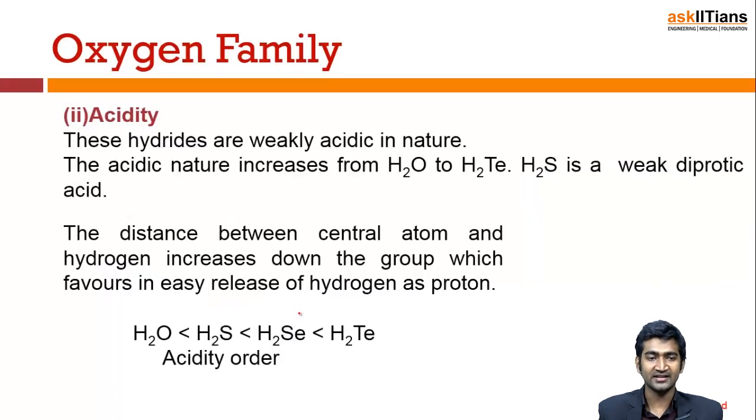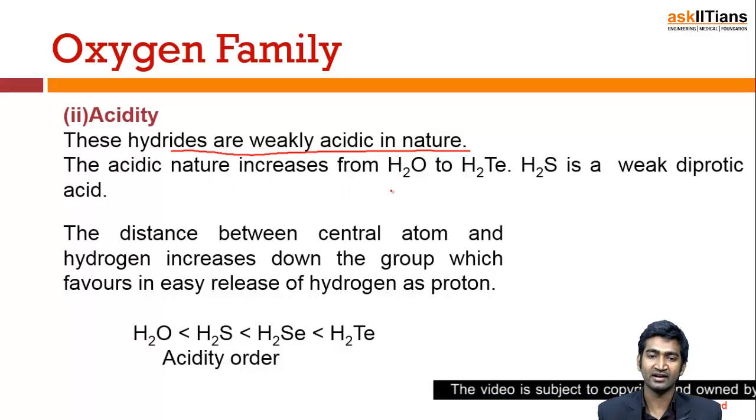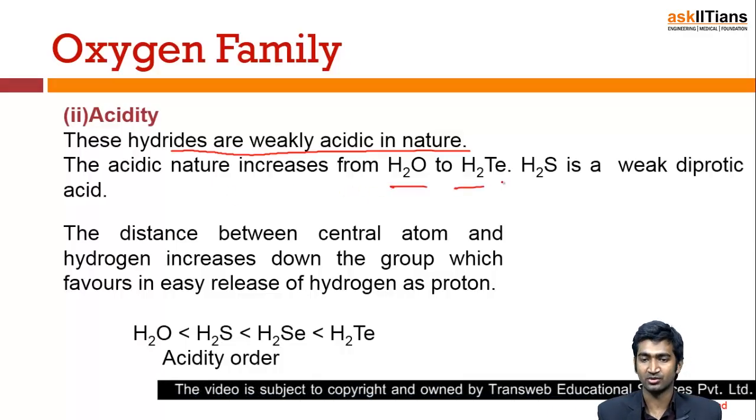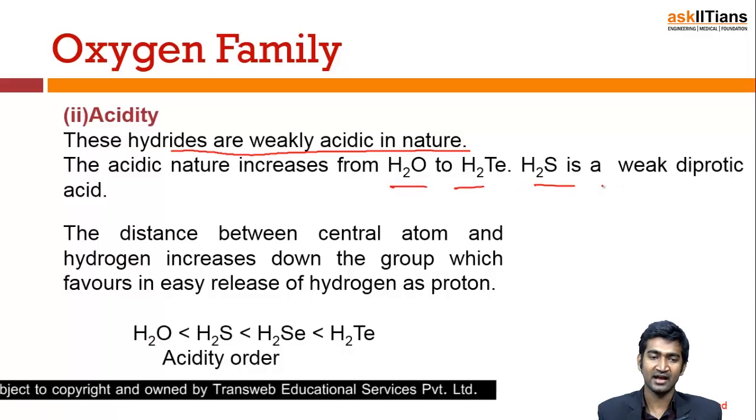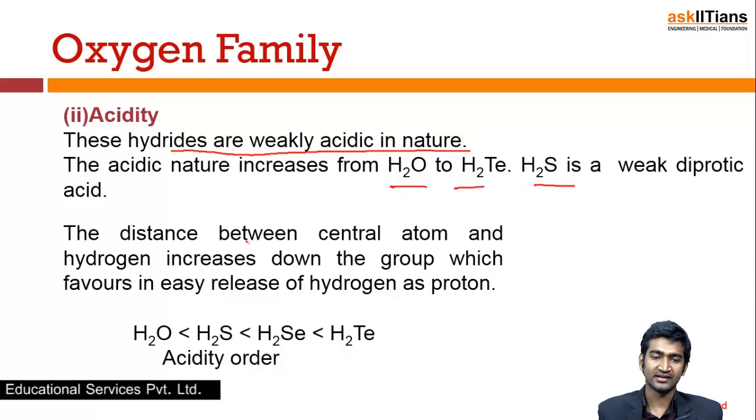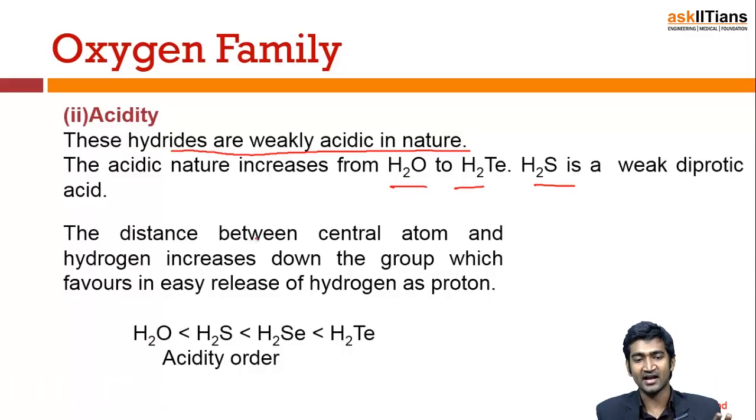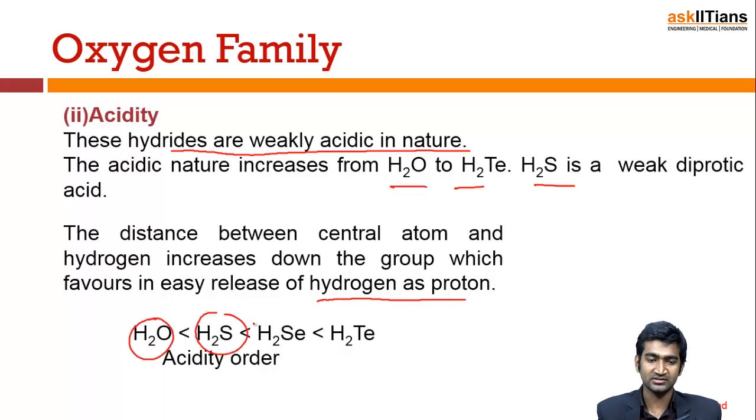And if I talk about the acidity, these hydrides are very weakly acidic in nature. The acidic nature will obviously increase from water to H2Te. H2S is a weak diprotic acid. The distance between the central atom and the hydrogen increases down the group, which favors the easy release of hydrogen as proton. So if I take water, H2S, H2Se and H2Te, then out of these, obviously,